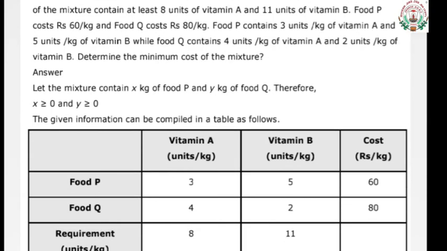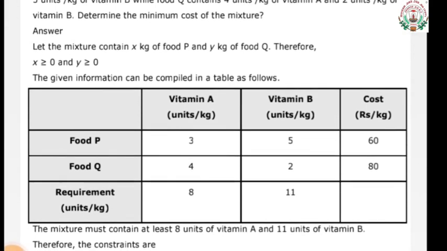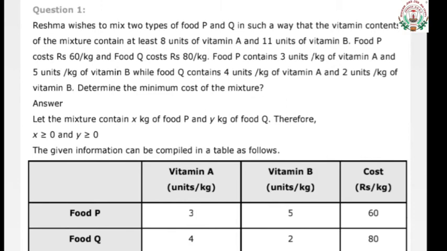So cost is 60 per kg for food P and food Q 80. Now we have to find out